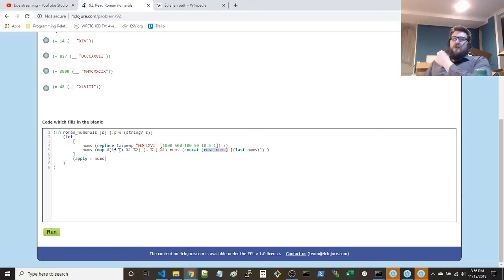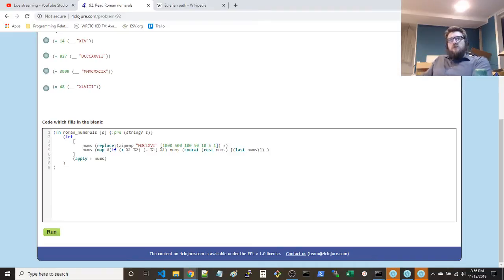And so what happens now is if you map this function over those two sequences, you're going to be comparing the first and the second and the third and the fourth, etc. And then you also just need to add an extra value here at the end. So I just put a copy of the last number there again. I'll explain why that has to happen and what that means.